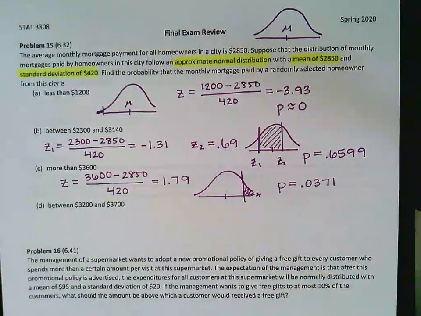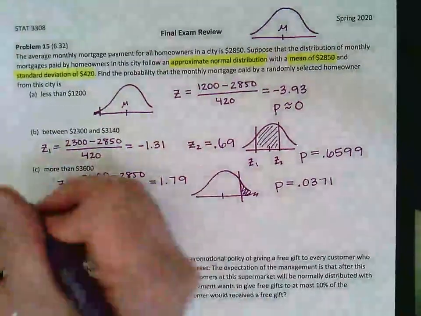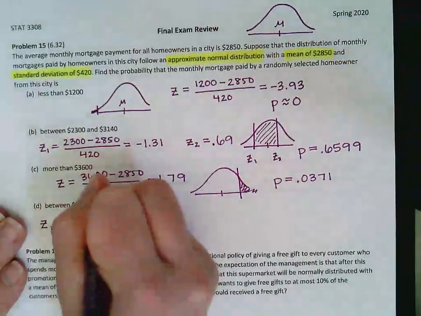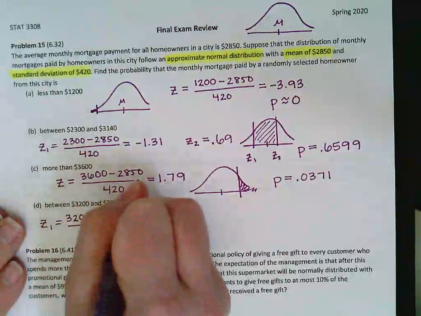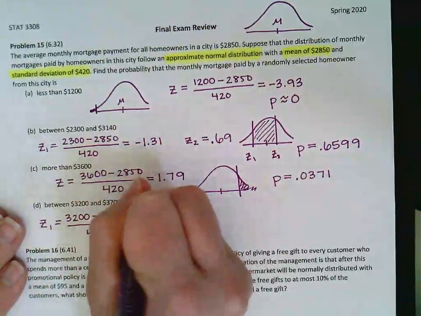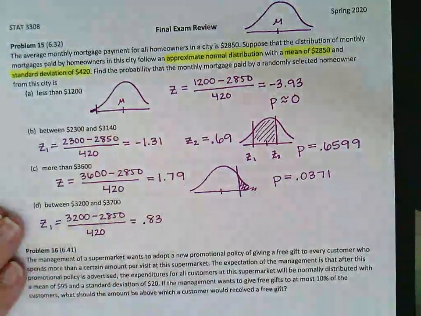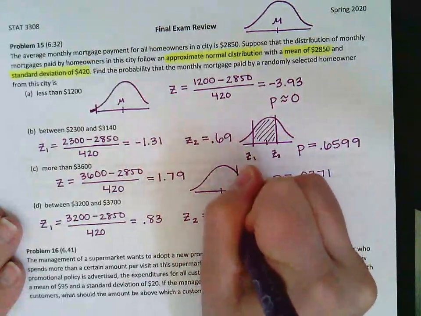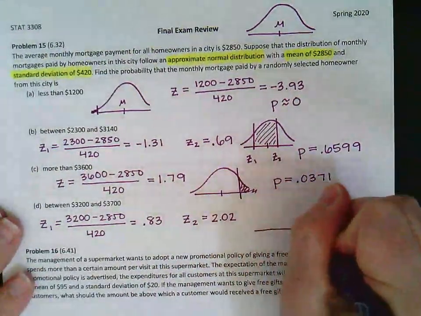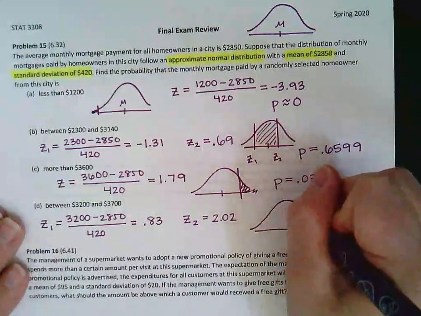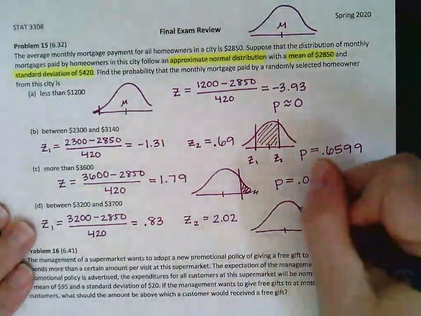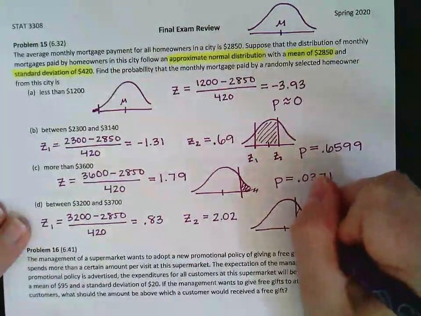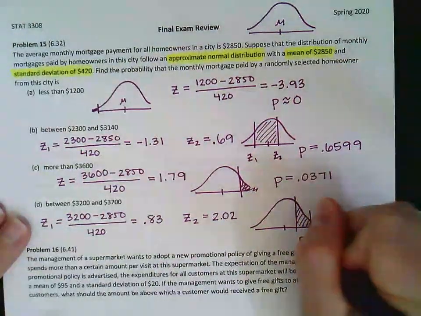All right, and then part D, between 3,200 and 3,700. So I need to find 2 z-scores again because I have 2 data values that I'm looking at. And I end up getting 0.83 for my z1. When I do that same calculation to find z2, I get 2.02. Here's my center, so z1 is not even 1 standard deviation away. Z2 is 2 standard deviations away. Okay, and so that probability ends up being